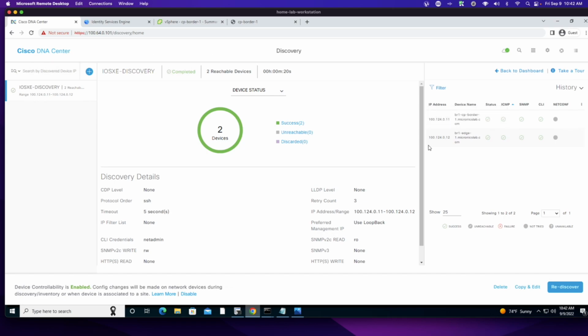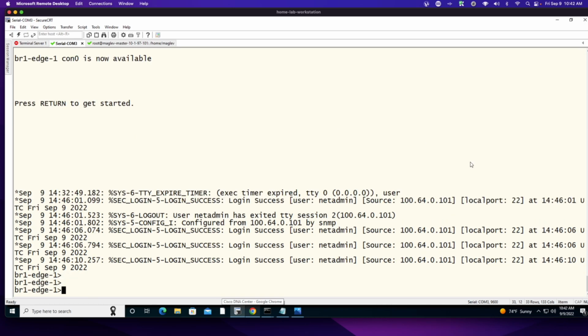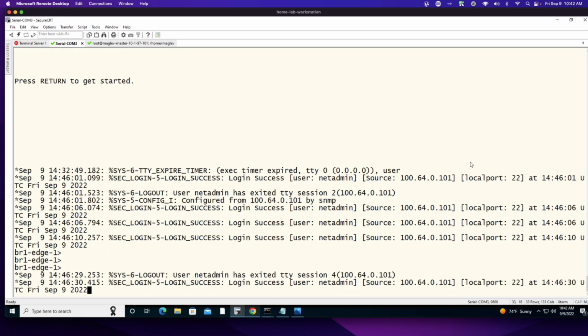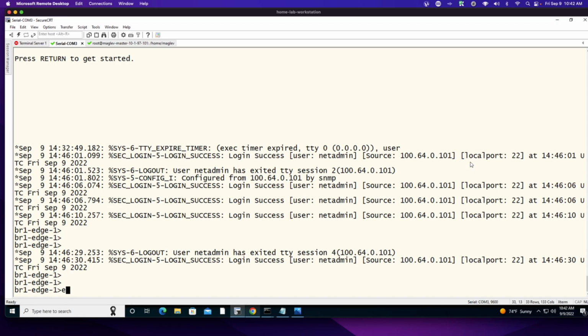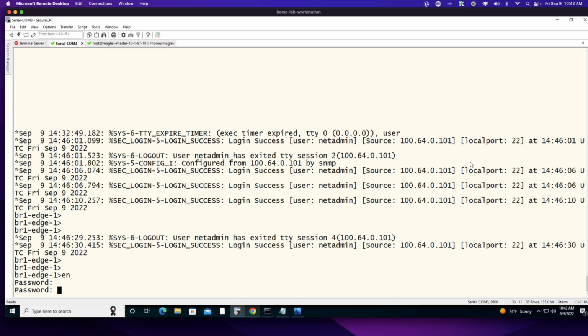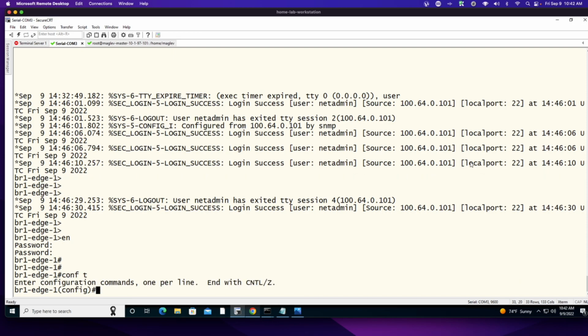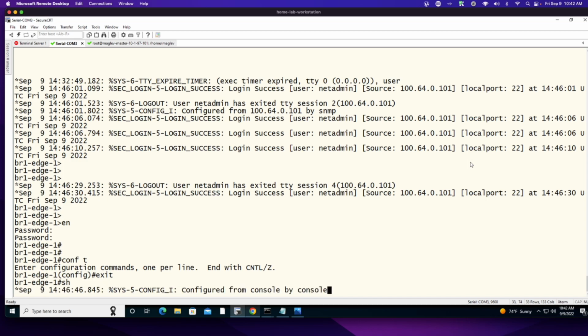Now, before I proceed, what I want to do is make certain of one thing. I'm going to open up my session to my device, which is my physical 3650. I'm going to log into it. I am going to do config T, and I want to make certain that my licensing is correct. Now, first I can say show